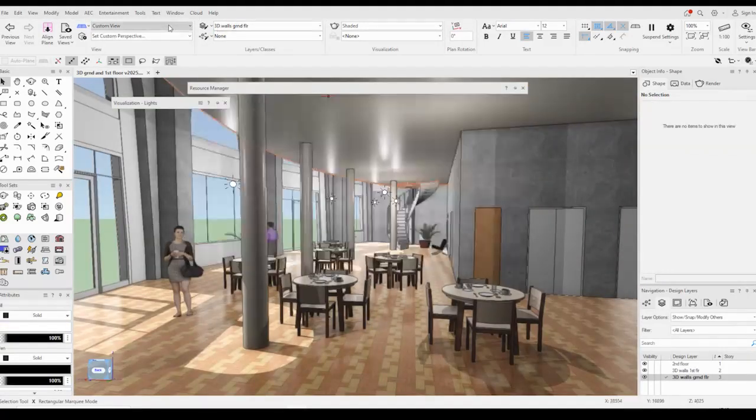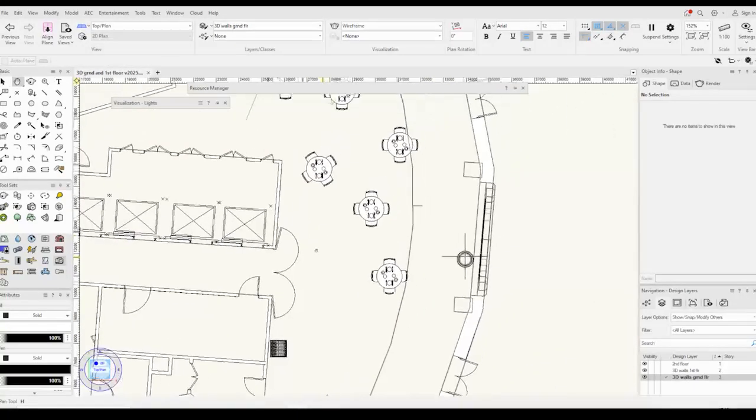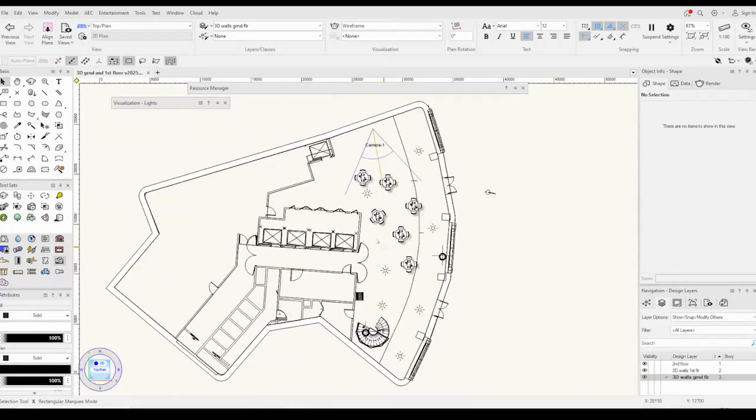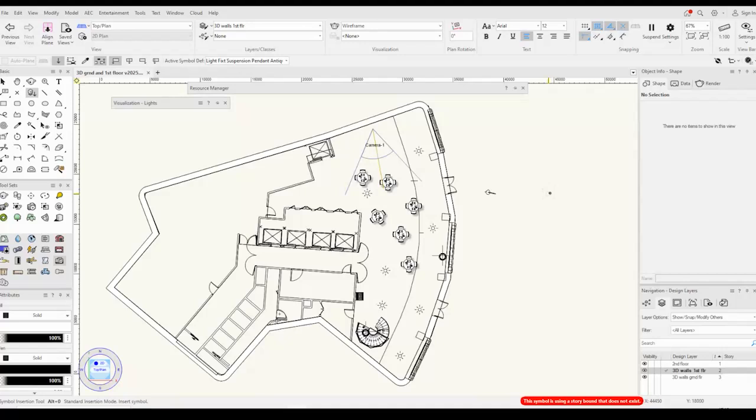Now I'm going to go into top plan view to place these pendants in here. Now there is actually a ceiling here over most of these tables, and that's on my design layer called 3D Walls First Floor. So I'm going to select that as the active layer before I place these pendants, because there is an elevation value on that layer. So I'm going to double click to make the pendant active,